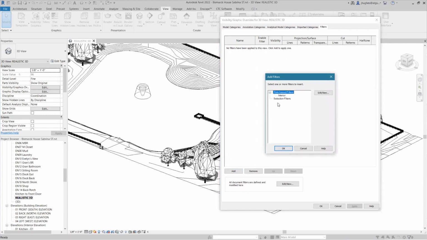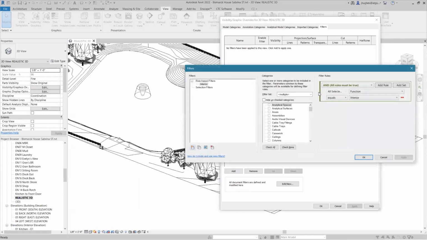And if you've already created, or someone in your firm has already created filters, then they would show up in this view. If it doesn't exist, then you can choose Edit New. And here we can do either a selection-based filter or a rules-based filter. And let's see here, if I create new,